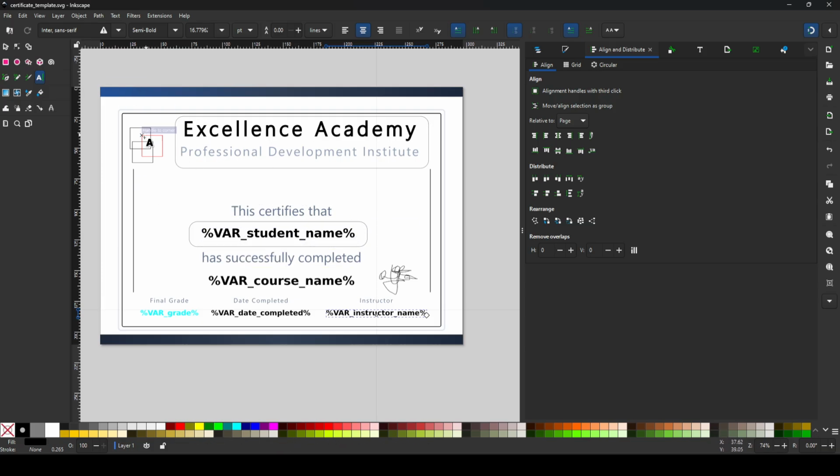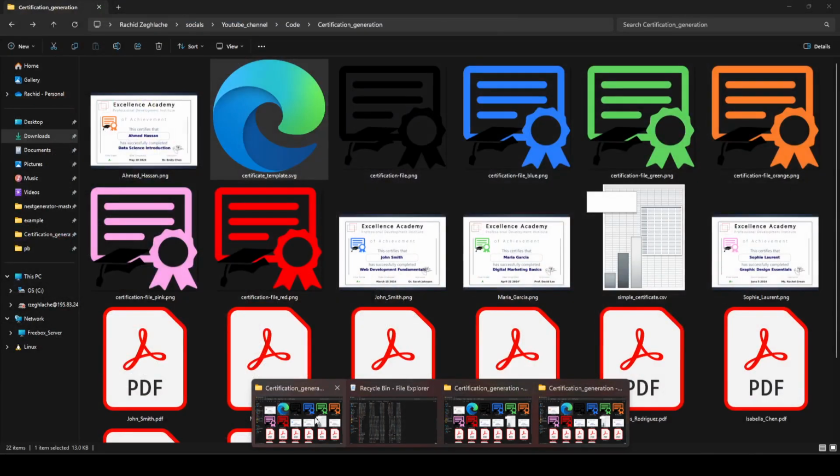First one is to add changing images for each CSV row that will be linked to the column image, and to change this color text field to the text color column that we have inside our CSV. Okay, so the first thing that we need to do now is adding an image inside. So first we need to link an image, and to do so, what we're going to do is just copy